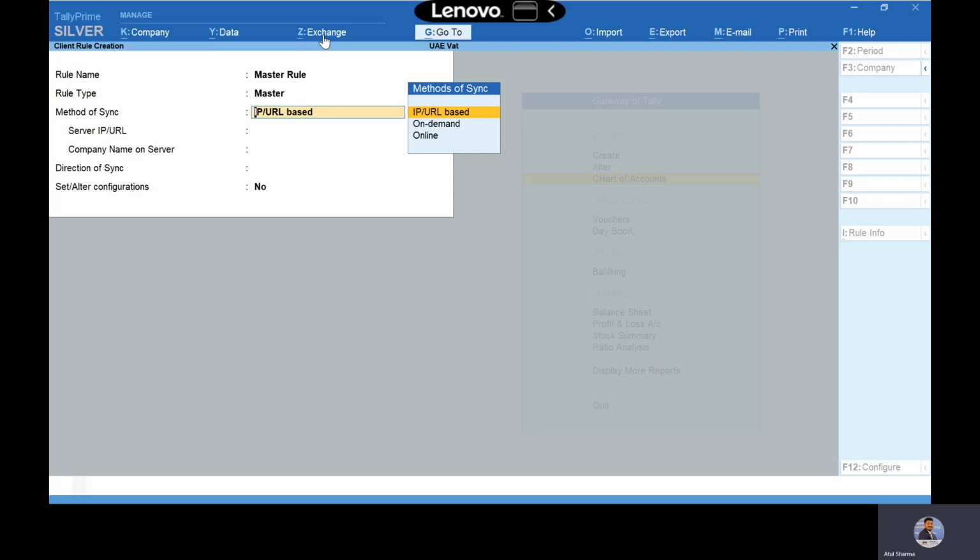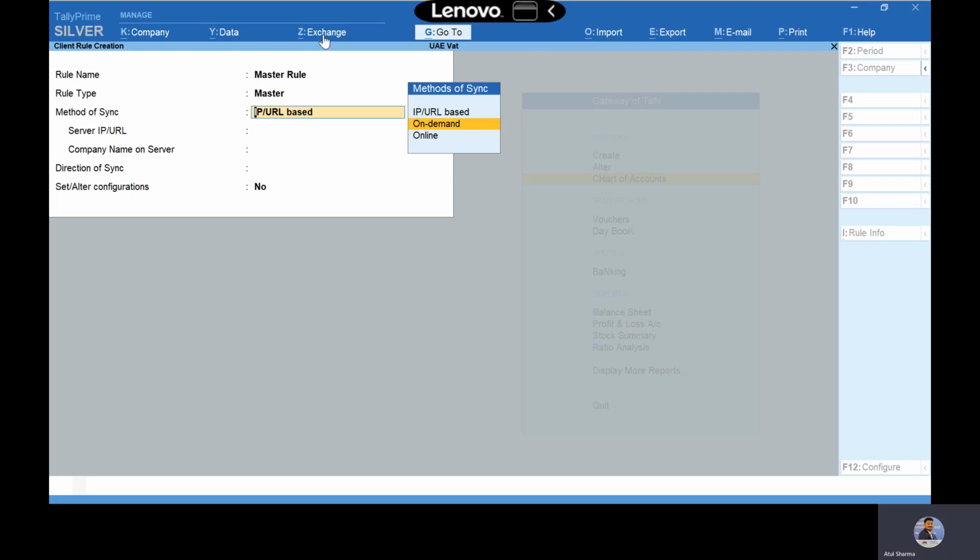Now the third one is on demand. What is on demand? With on demand, the client and server companies need not be online at the same time. If you have selected on demand, we don't require the two companies to be connected at the same time.